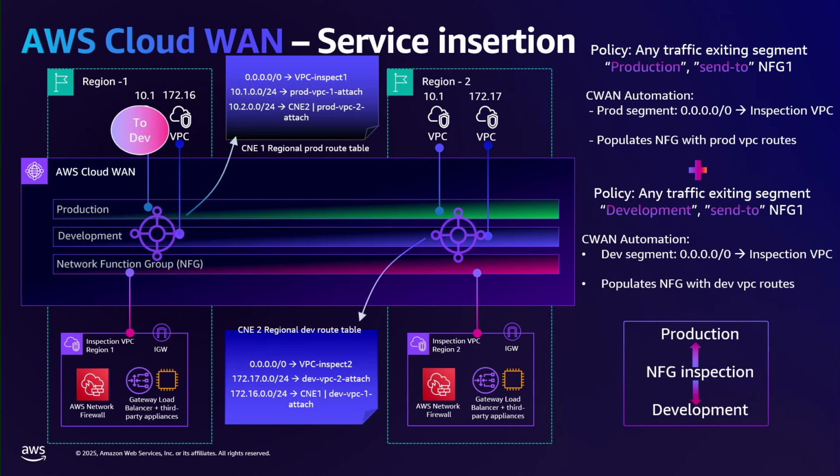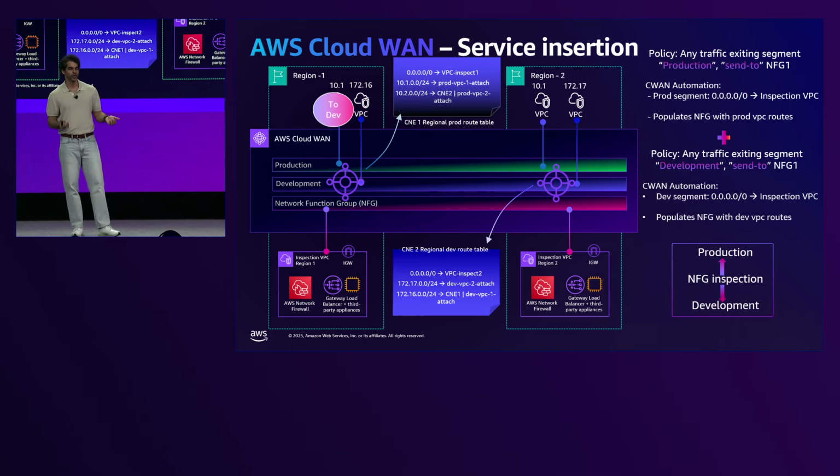Now you saw what happened. The request went to one inspection VPC, and the response went to a different inspection VPC. Now any stateful firewall is going to block that. Now if that's what you wanted, great. But if you really wanted to inspect traffic between dev and prod, and you wanted to do it with symmetry so that stateful firewalls don't block the traffic,